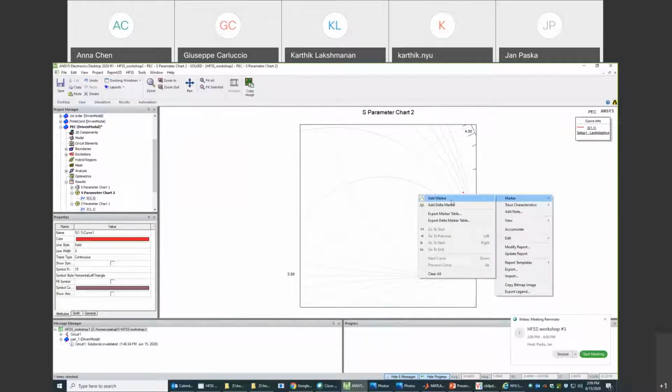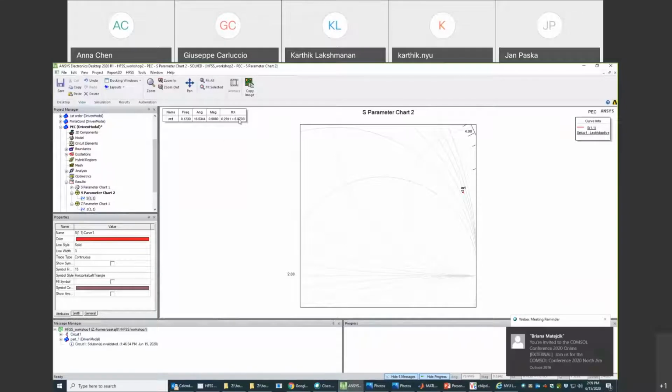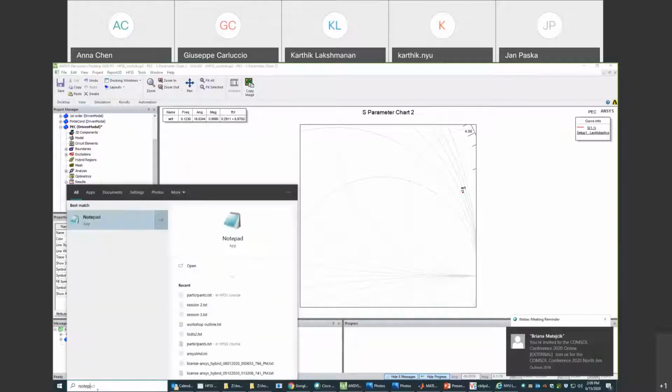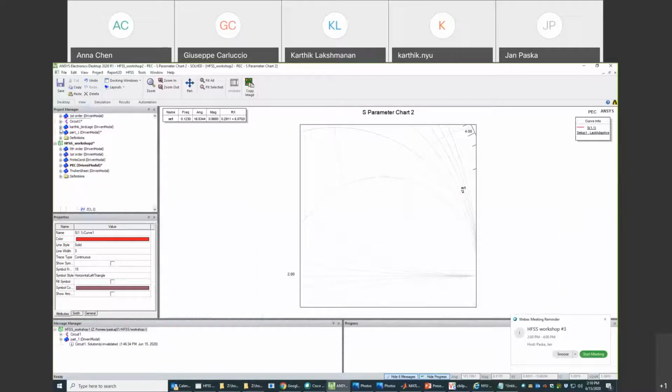So we can add a marker here on the solution, and we can just copy this value. So for the perfect electrical conductor, we have a reflection coefficient of 0.29.11 and an imaginary part of 6.871 times i. Then the next